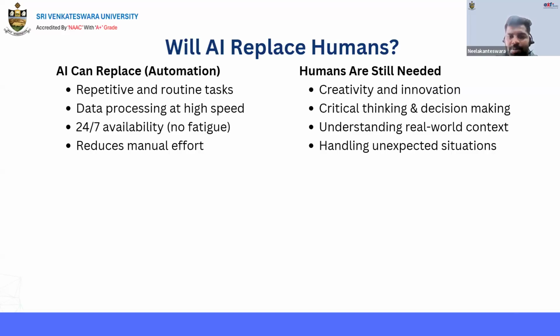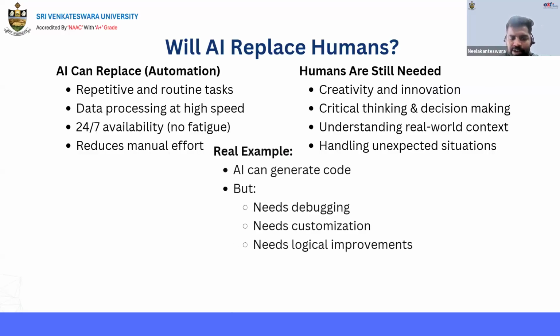That means for these purposes, AI can't do everything. After generating, the AI still needs human intelligence. If you take a real-life example, if you take the previous example,